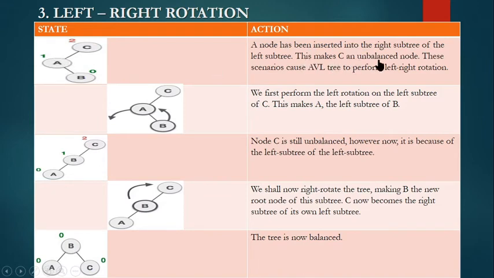This makes C an unbalanced node. For this parent, we have 2 at the left, but 0 at the right. So 2 minus 0, it is 2. Again, it is an unbalanced one, but remember this is not in one angle, it is not at the left side or the right side. One node is at left, another node is at right. So this we call a left-right rotation. We need a rotation called left-right rotation because the nodes are in the left as well as in the right. We first perform the left rotation on the left subtree of C. Now, come to the bottom, take this AB. You have to make a left rotation.